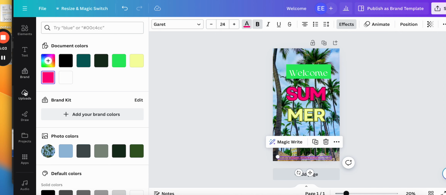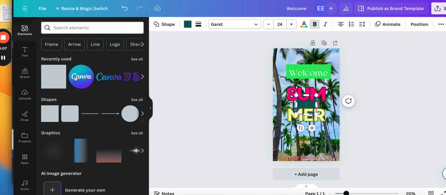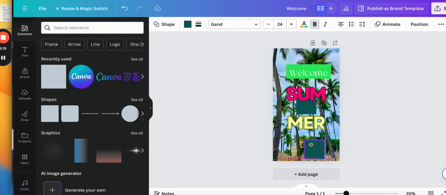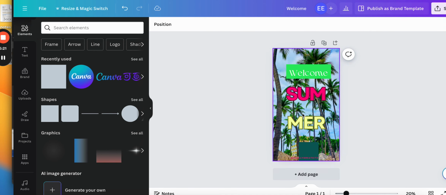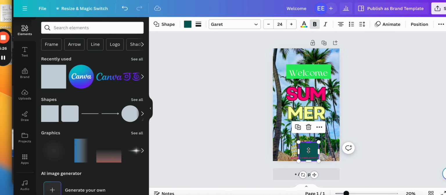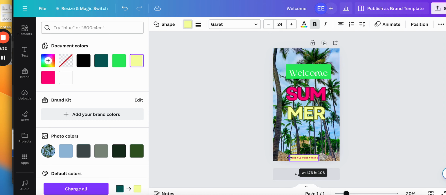And let's also add background so it's more visible. Let's make it yellow like this,